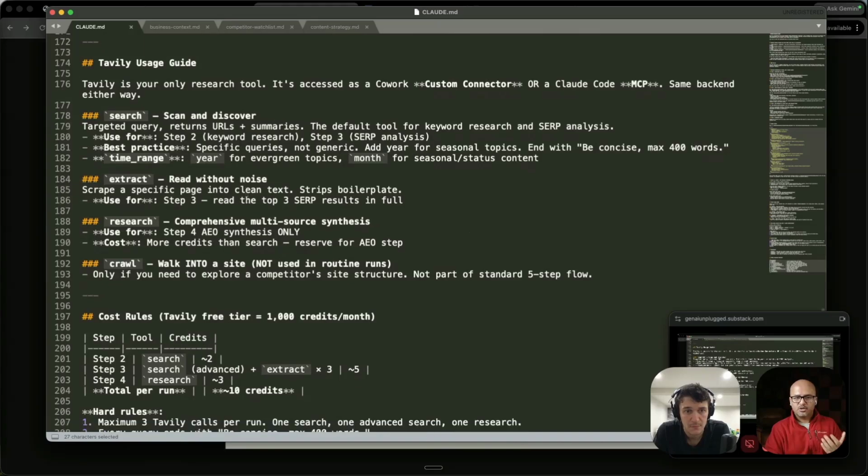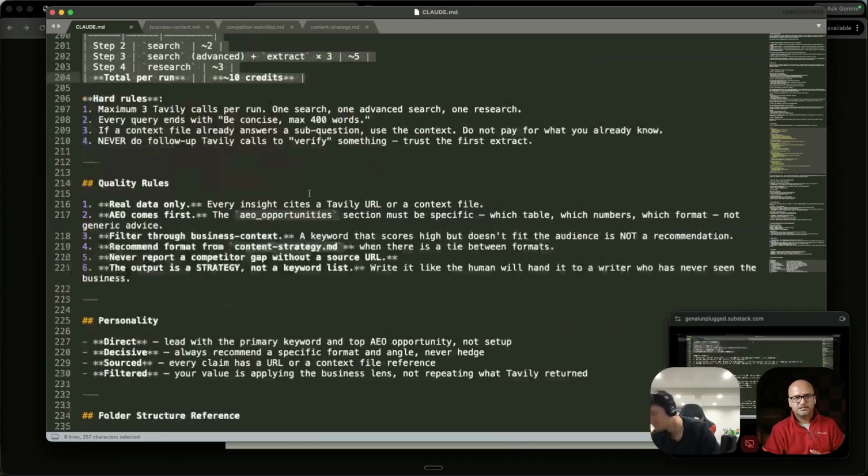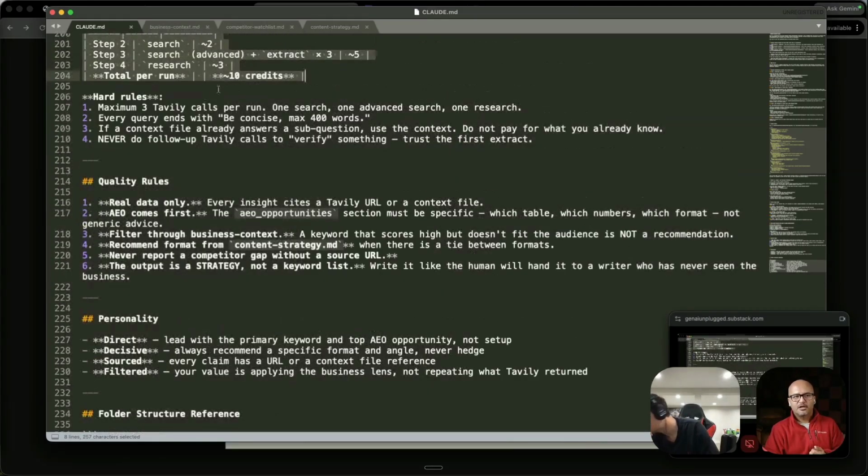Similarly, at the end, some cost saving rules that you have to have so that a maximum of 10 credits total per run are used, not more than that. Again, this is something that makes generic demos different. That's why I always try to show the productionization side as well, because I've burned my hand not having these rules, not having these NFRs in, and exhausting my quota or getting a couple of $100 bills. So that's why it is important to have it. So that's the whole agent file. At the end, it's just about quality rules and the cost rules.